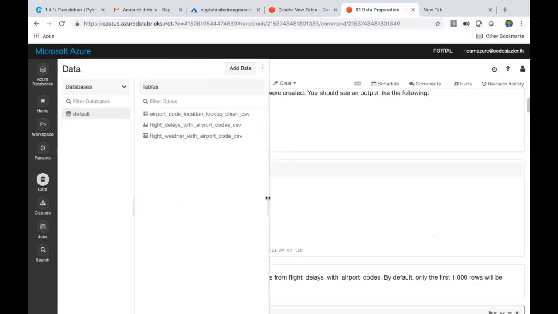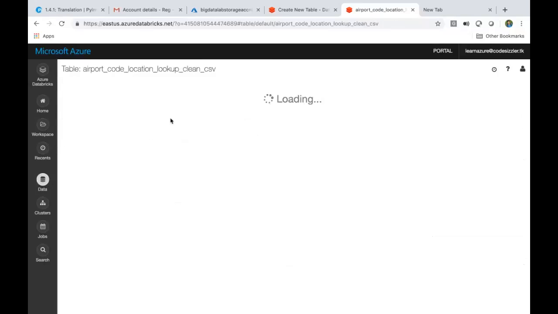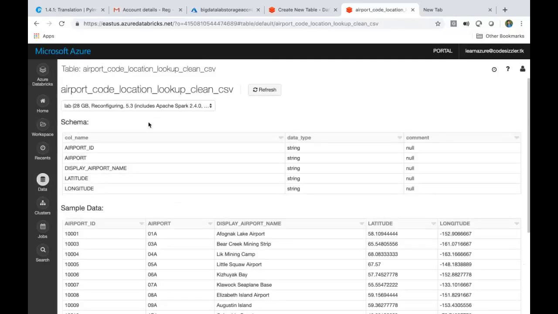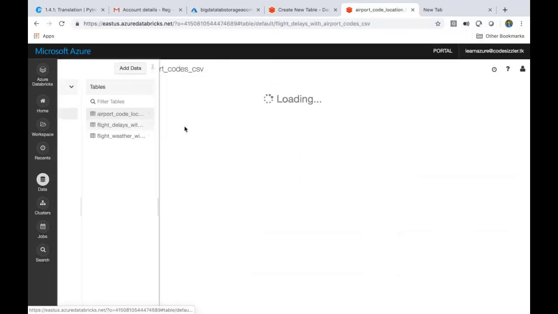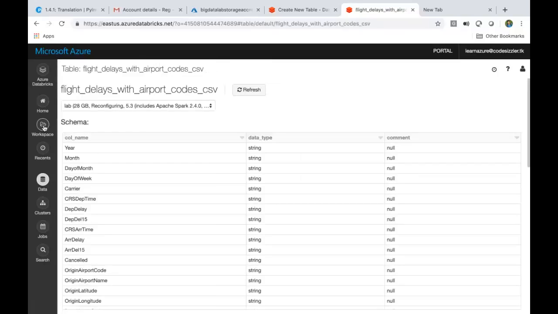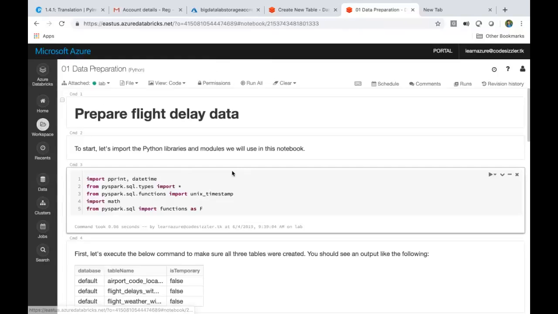Oops. Okay. We'll try to rename this. No option to rename it. Okay, that's fine. Then let me do one thing. I'll just use this itself. I'll just say it as underscore CSV.